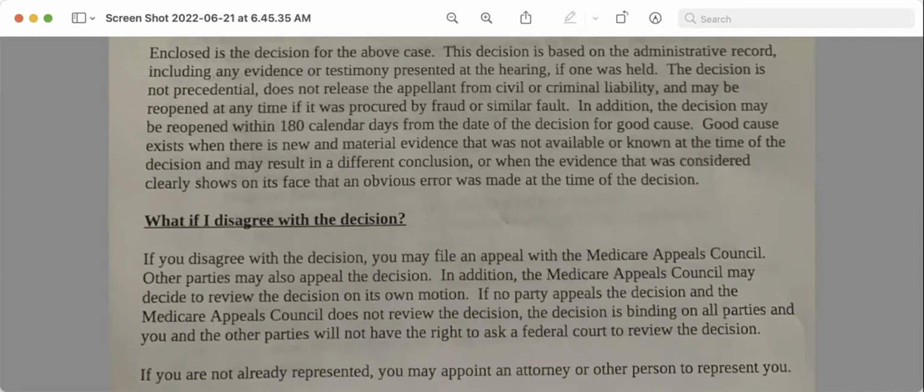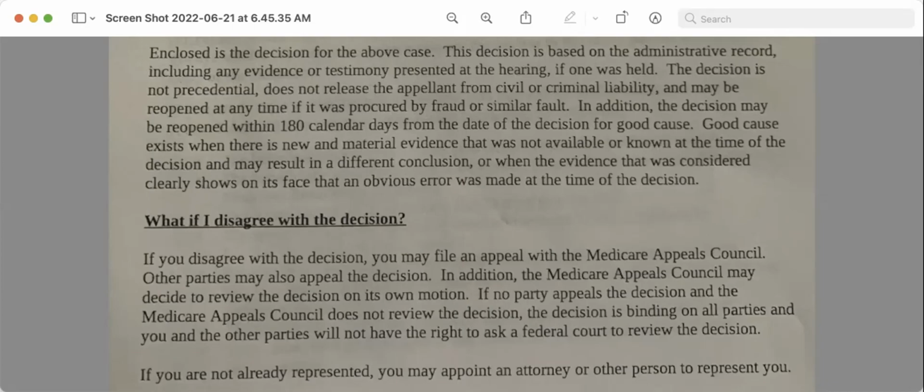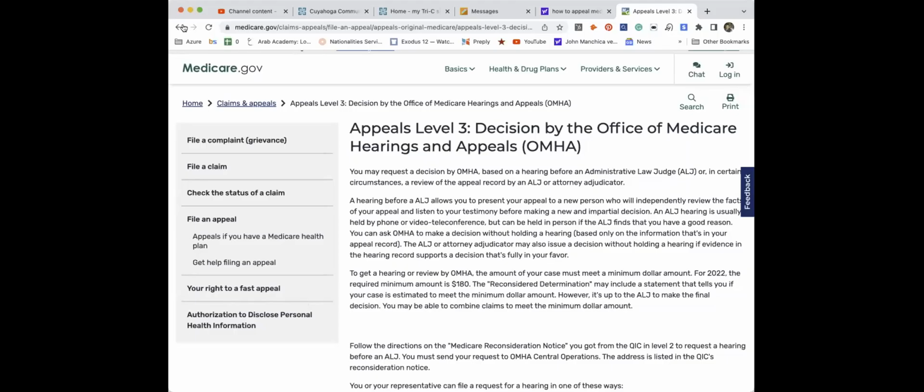One of the things that I will say is that for medically necessary dental, we've talked to the Medicare Advocacy Organization in Washington, D.C., and they said that they have gotten it approved at the Administrative Law Judge hearing, and on their own, the Medicare Appeals Council has then denied it. So sometimes they can deny things, from what I understand, that is not in your favor without you even asking. So that's something I wanted you to know. So now let me go back to here, and we're going to see exactly what we need to do before we run out of time to appeal this.